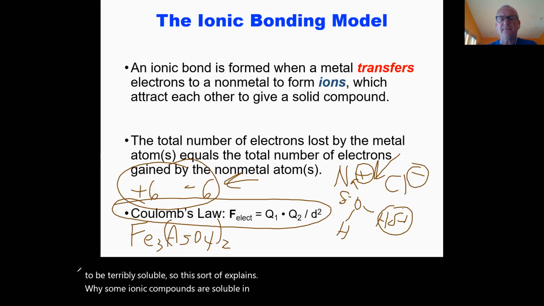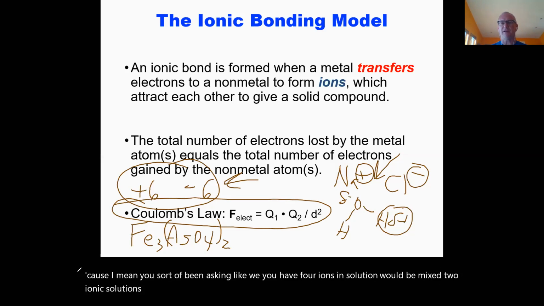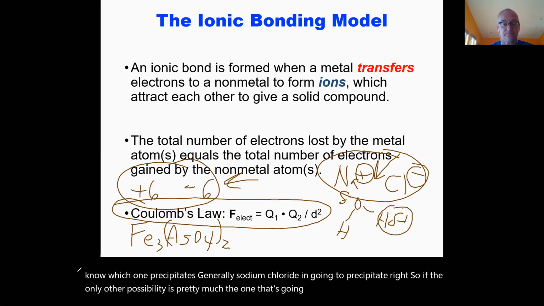Any questions about that? Because, I mean, you've sort of been asking, like, when you have 4 ions in solution, when we mix 2 ionic solutions together and something precipitates, you're asking, well, how the hell am I supposed to know which one precipitates? Generally, sodium chloride ain't going to precipitate, right? So if the only other possibility is pretty much the one that's going to crash out of solution. All right,